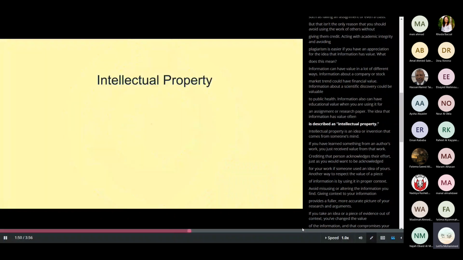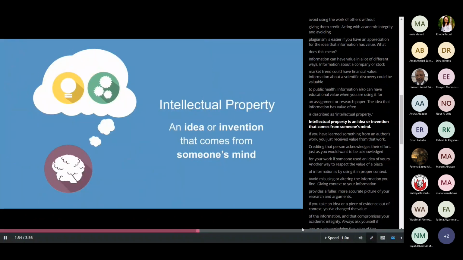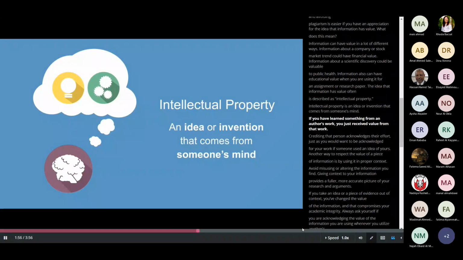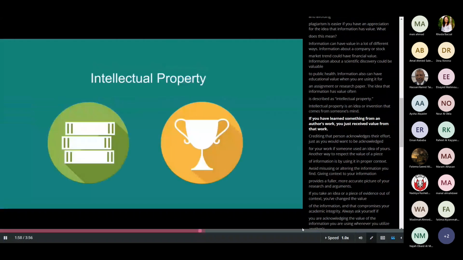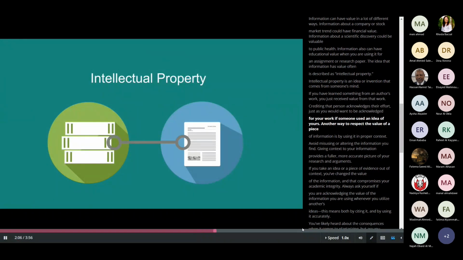The idea that information has value often is described as intellectual property. Intellectual property is an idea or invention that comes from someone's mind. If you have learned something from an author's work, you just received value from that work. Crediting that person acknowledges their effort, just as you would want to be acknowledged for your work if someone used